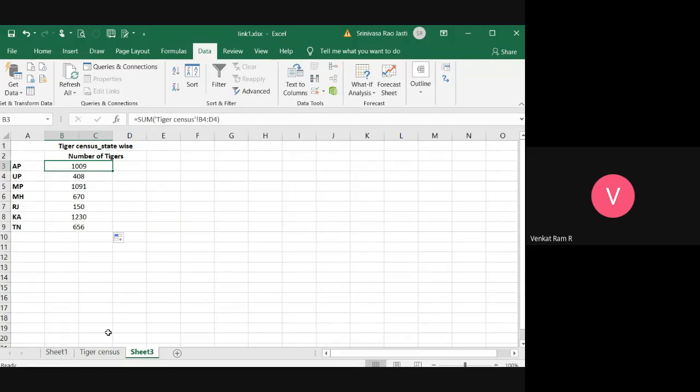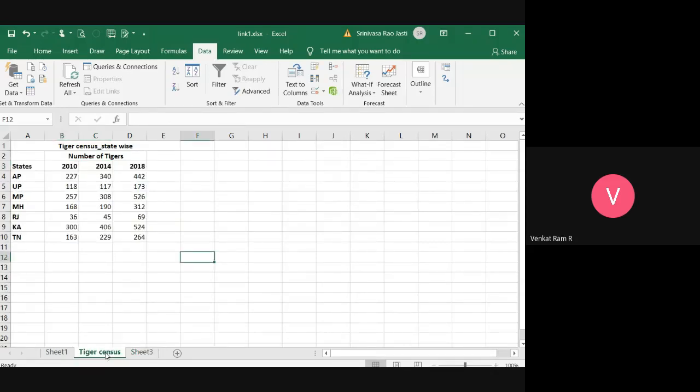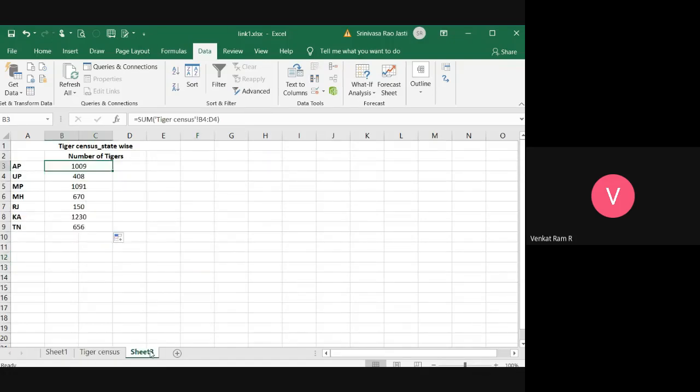followed by the sheet name. Whatever sheet name you have given, we need to give that. Equal to sum of, and you have to open that with a parenthesis.